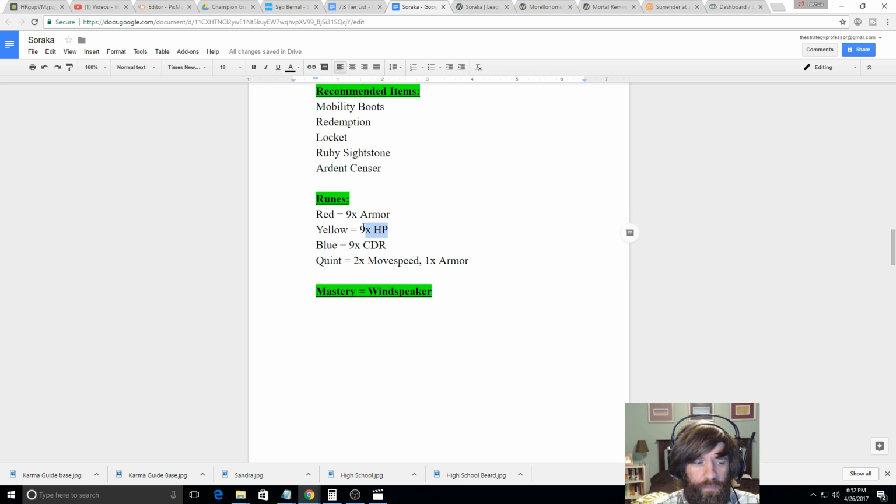HP runes are also about 810 a pop, so if you can't afford those, just go for the flat armor. I think those are like somewhere between 200 to 400 a piece. I think they're like 200 a piece. So that's a really good bargain. So if you're kind of on a budget, you could definitely just do 9 armor here,